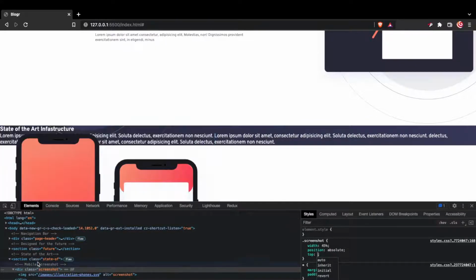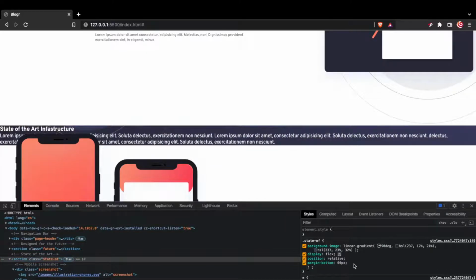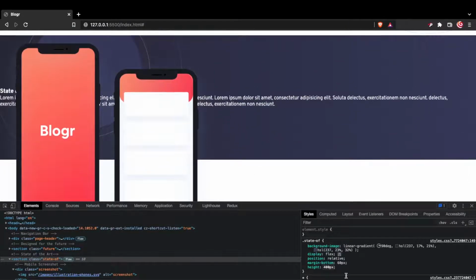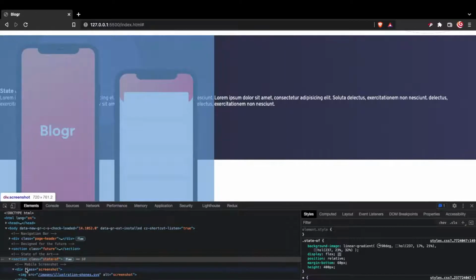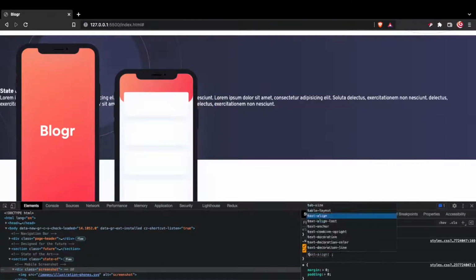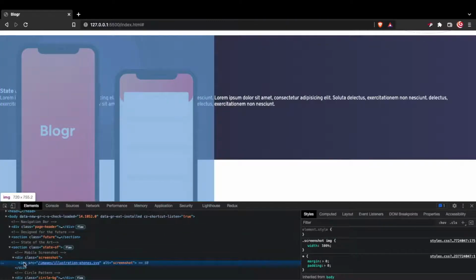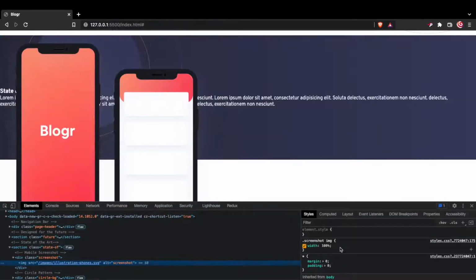and to be able to do that let me just give this a height of 400 pixels. Yeah, so just like this. So you can see that our image is now flowing out of it, and it's unapologetic about it. So we give this a position of absolute, we give it a top of 0. When we give it a top of 0, it's going to be 0 pixels from the top of the parent, and then we want to give it a left of 0 as well. So when we take a look at the image now, you can see this is the image. It is 0 to the top of the parent, but somehow to the left,